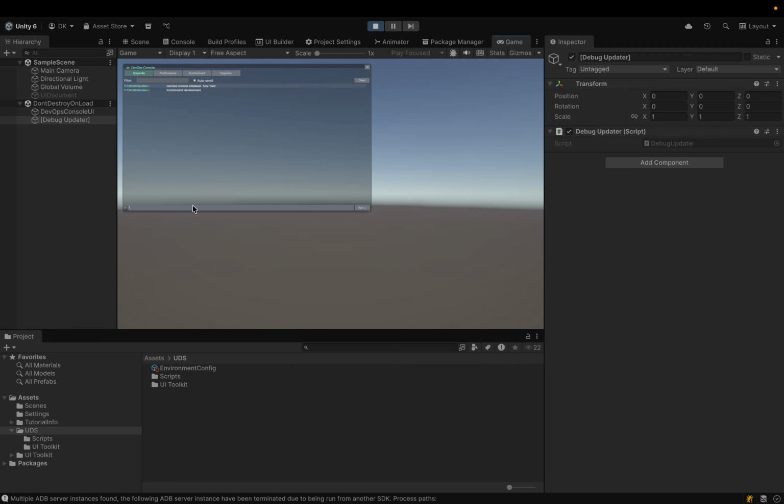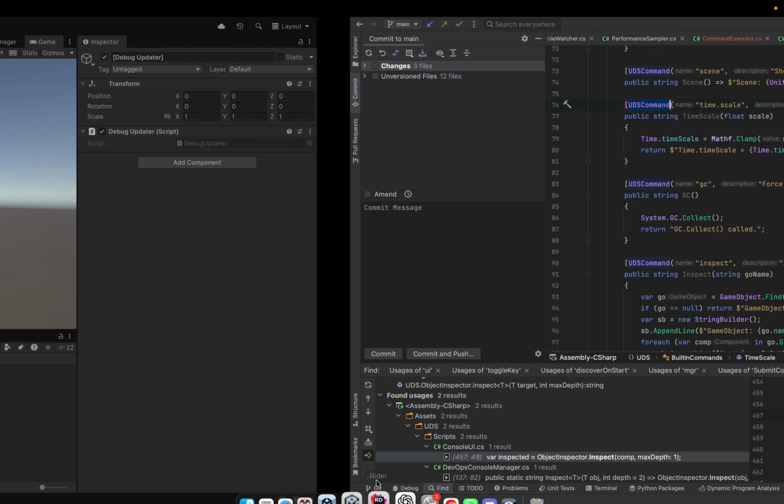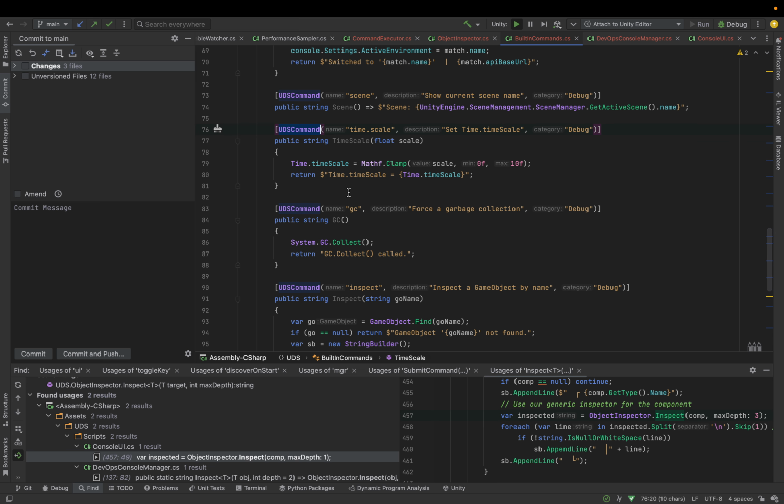So back here now, apart from seeing the logs, you can have predefined commands. So like the clear command is built into the console, for example, and the help command, which shows you details about what you can do. But the really interesting part of this project is you can set your own custom methods using this attribute I've created, and all it takes is the name and the description and what category it is. So for example,